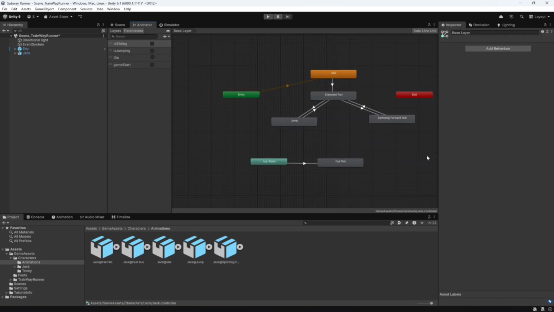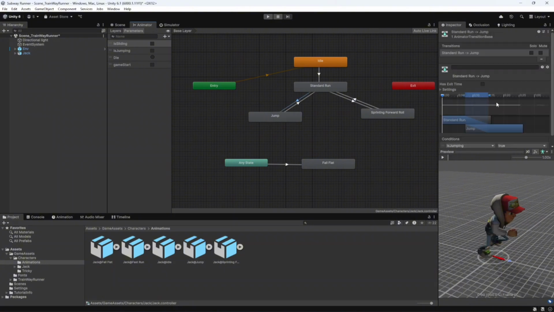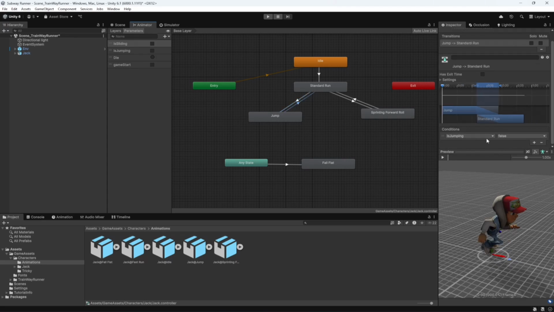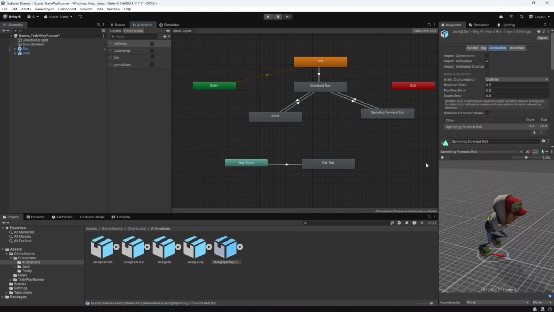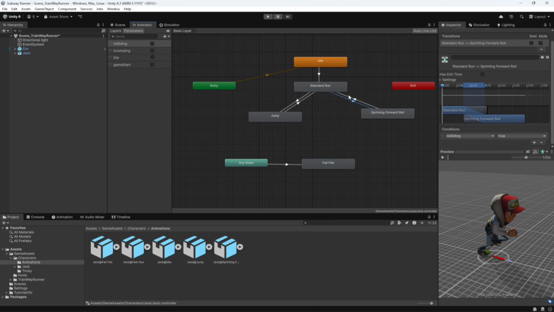Alright, so when the character wants to jump, we have the jump animation right here, but of course we need to transition to jump. So we make a transition from run to jump, in which we set is jumping to true, and when the character is done jumping, we set is jumping to false, as exit time is false. Now if the character wants to roll under an object, then we have this animation for the transition, as exit time is false, is sliding is true,